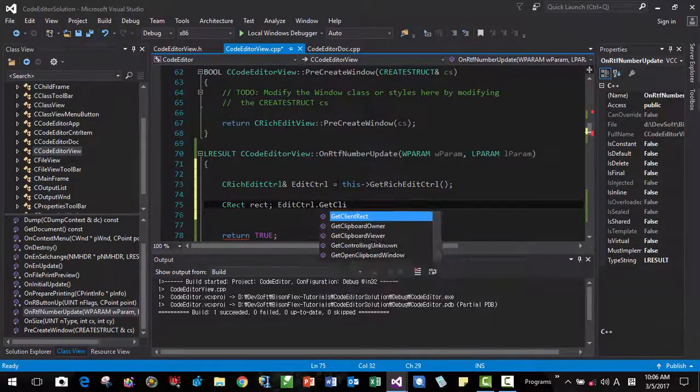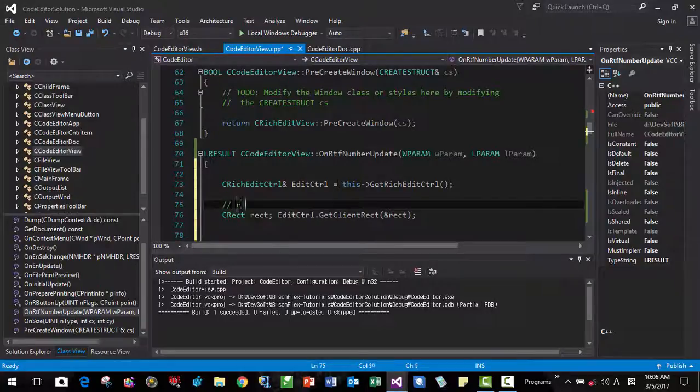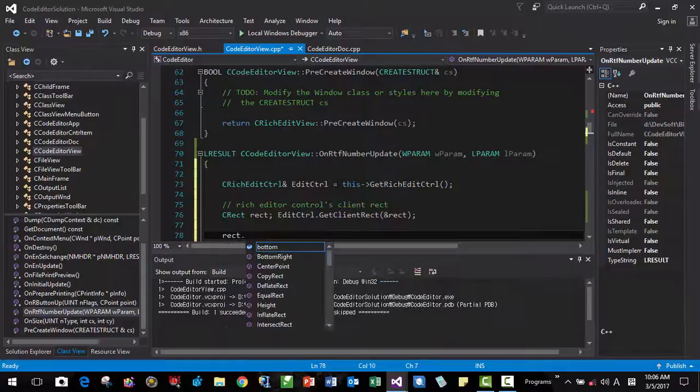Get client rectangle here, RECT. This is rich editor control's client rect. Okay, so here, right,